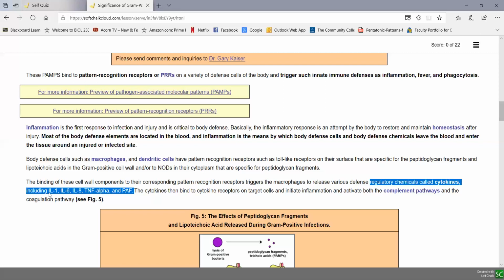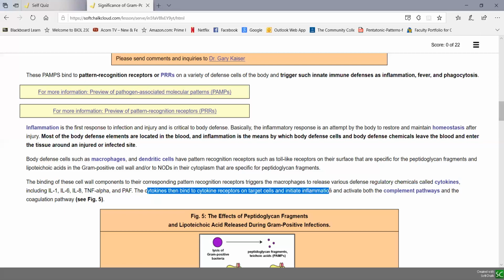And so once the defense cells release these inflammatory cytokines, they bind to cytokine receptors on target cells and initiate inflammation. And they do this by vasodilation. They cause the blood vessels in that area to become more permeable so that defense chemicals dissolved in the liquid part of the blood, or plasma, leak out and defense cells squeeze out, and then they can go to the site of infection. So by making the smaller blood vessels more permeable,